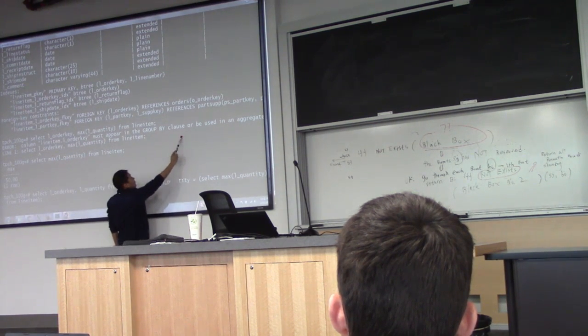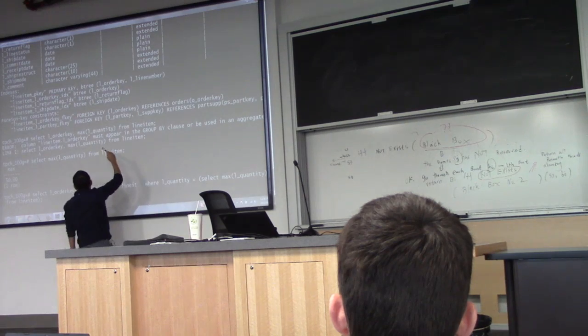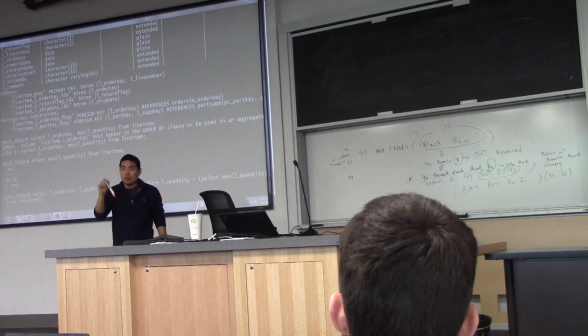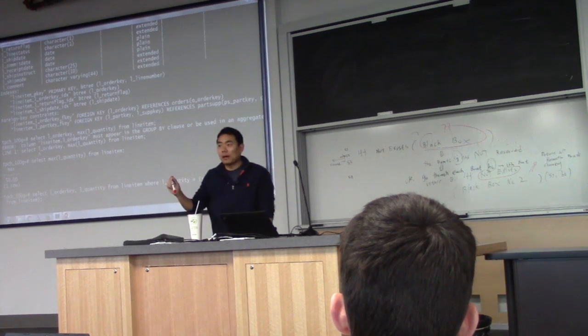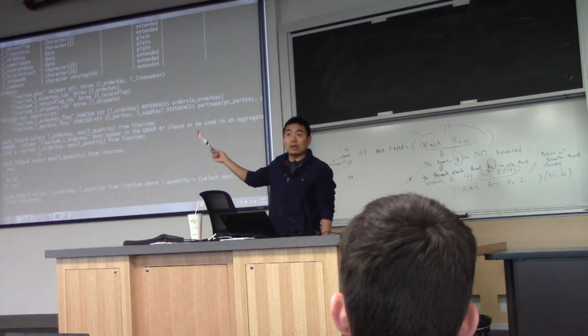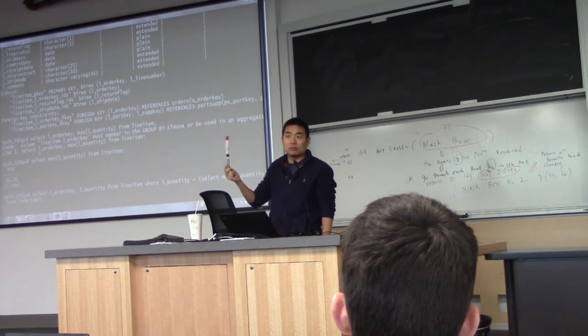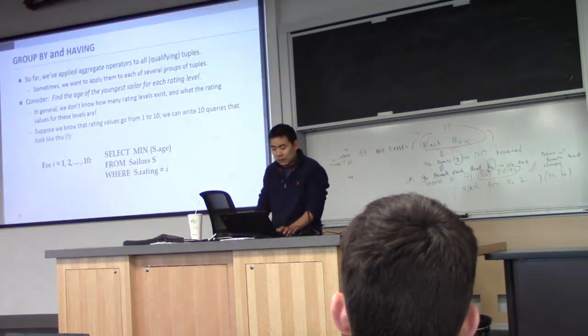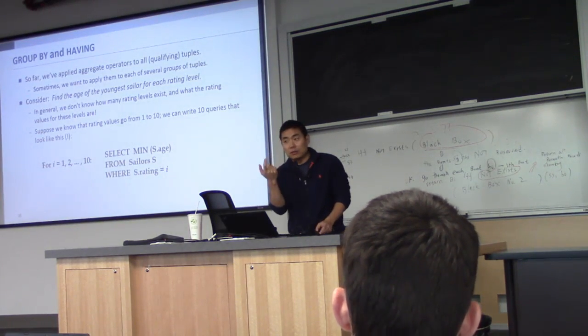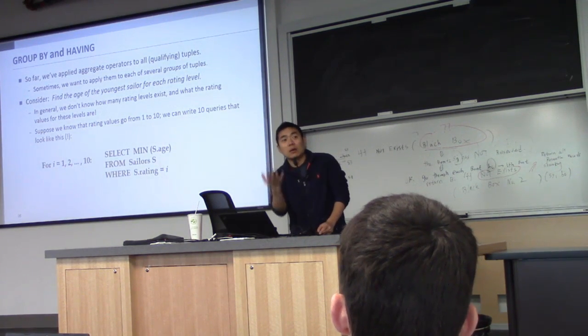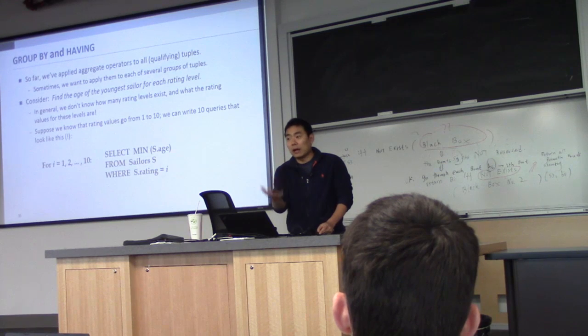So in the inner block, what do you get? What does this do? This one simply finds you the maximum age value from all sailors, right? Translating to our database, if I do this,